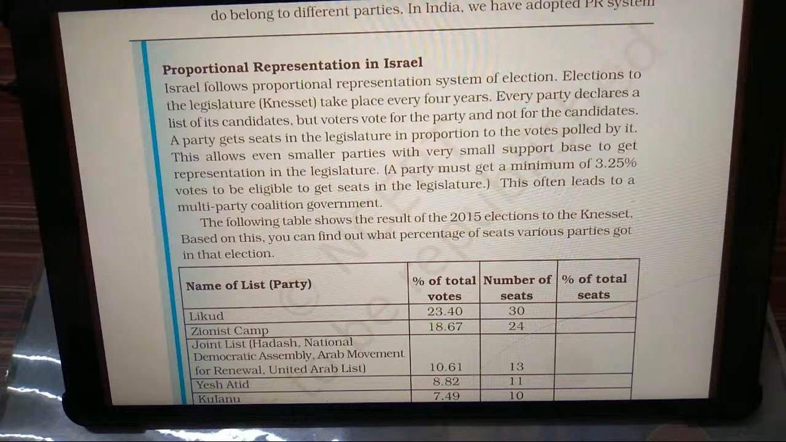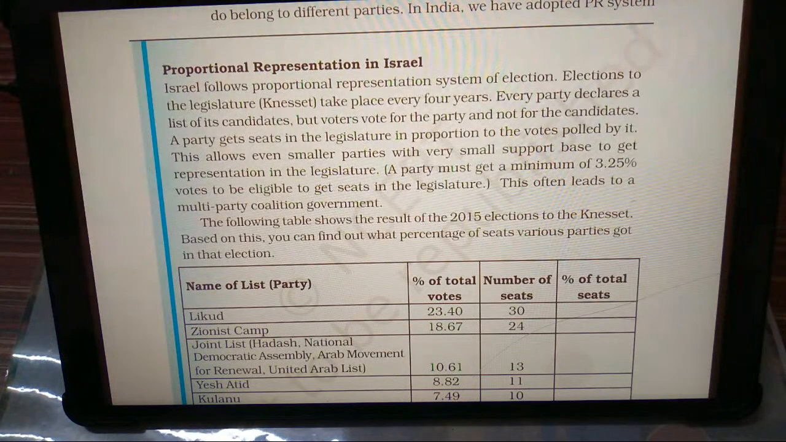This allows even smaller parties with a very small support base to get representation in the legislature. A party must get a minimum of 3.25% votes to be eligible to get seats in the legislature. This often leads to a multi-party coalition government. The following table shows the result of the